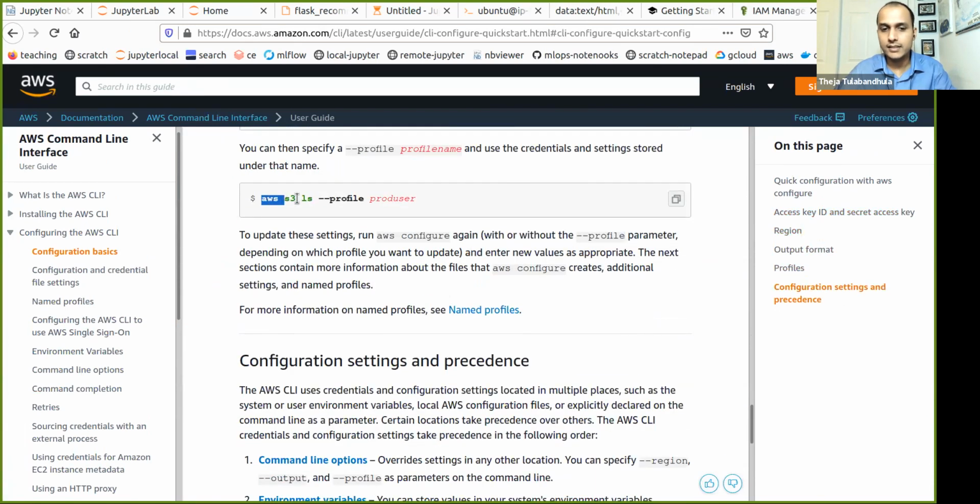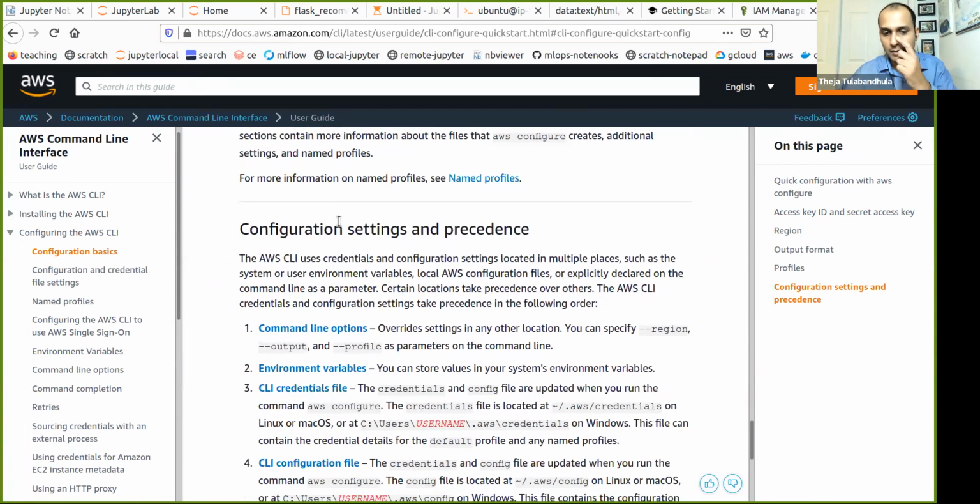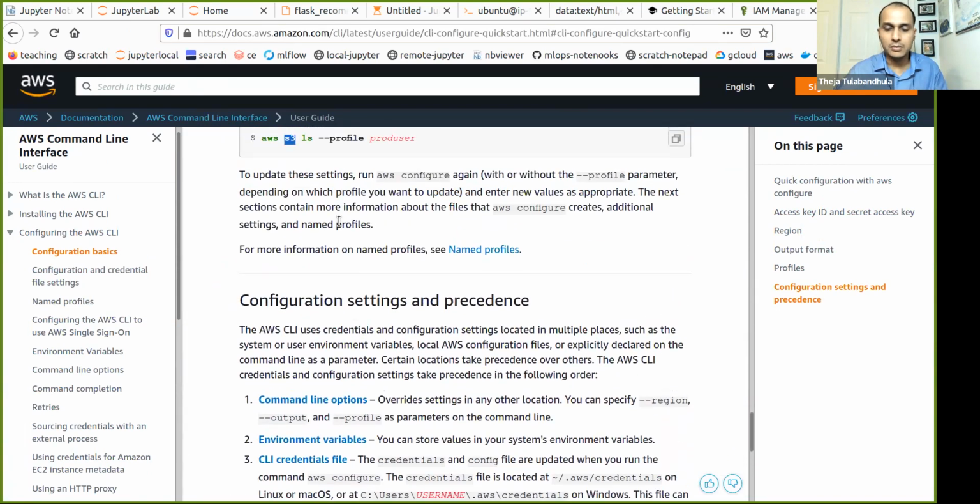So if this user had S3 access, then I could do S3 ls. There are many options like that, so let's not worry about it.